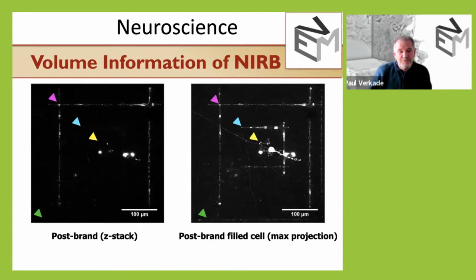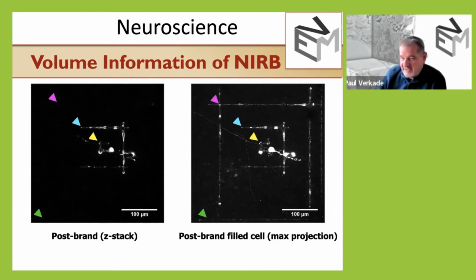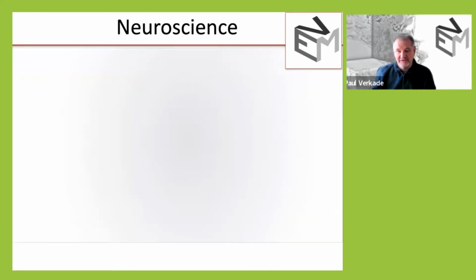What we're going to use in this case is a serial block face SEM, because some neurons are almost a meter long if you look at the peripheral nerves in your leg, in a mouse brain, but still the length of that neuron is limiting, for instance, for something like serial section transmission electron microscopy. So we're going to use serial block face SEM in this case, and I'm going to show you a movie,